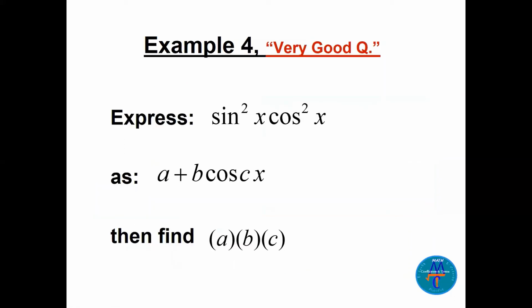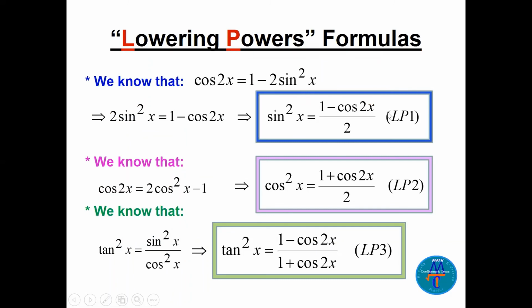Let's see, very good example, really. Let's express sine squared of x times cosine squared of x as a plus b cosine cx. So first you write all this product as this form. After you finish, you get a multiplied by b multiplied by c. We need this value, which is a number. So for sure, when we see squared on the sine, squared on the cosine, we can think directly of this,